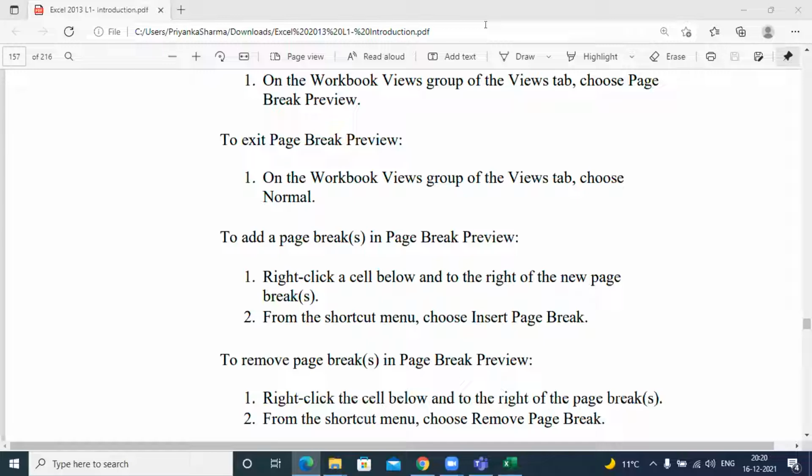If you have done this, don't wait. Move to the next step. What is the next step? You just choose Page Break Preview. And if you don't want it, just go to the Views group, View tab, and choose Normal. That's all. Quite straightforward.